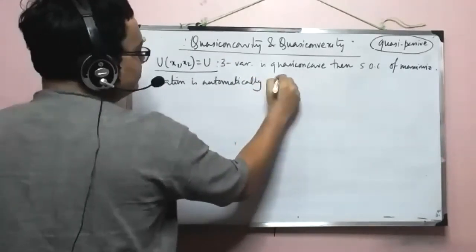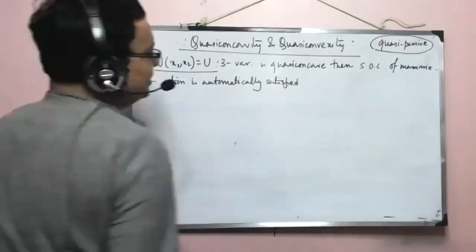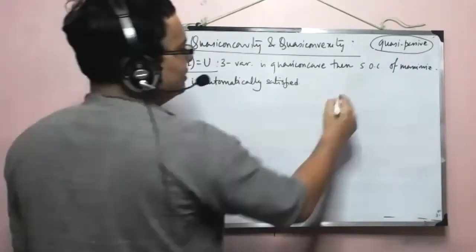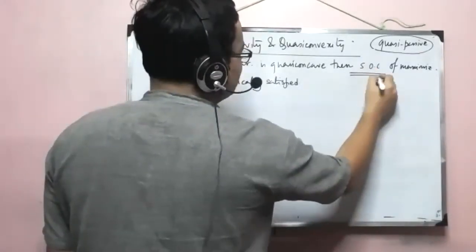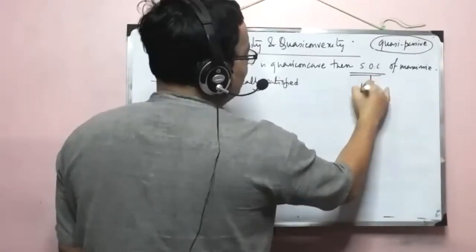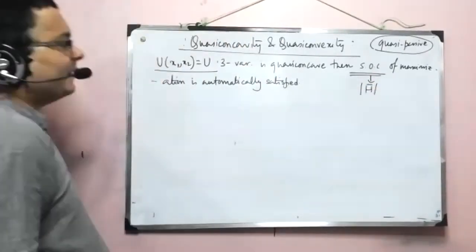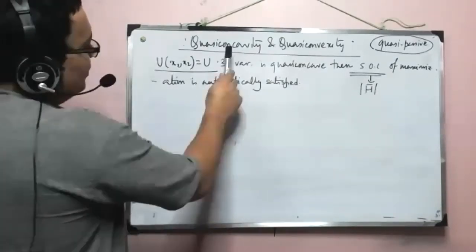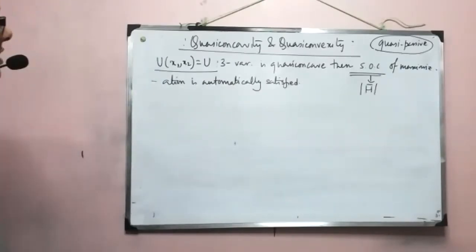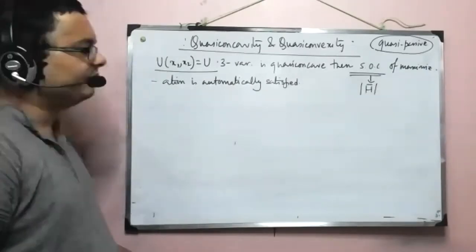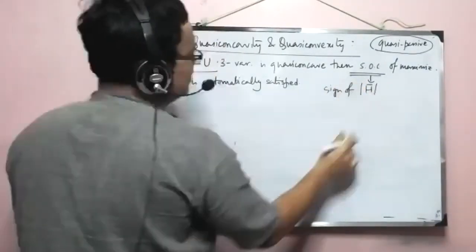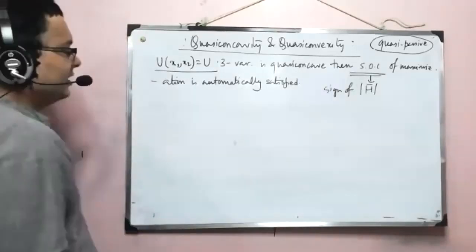Now, this tells us a lot of things in one go. What does it tell us? First of all, that the SOC, the second order condition of maximization, depends on the value of the bordered Hessian determinant, right? So we can take a decision on whether a function is quasi-concave or not based on the sign of the bordered Hessian. That much is trivially clear to us.